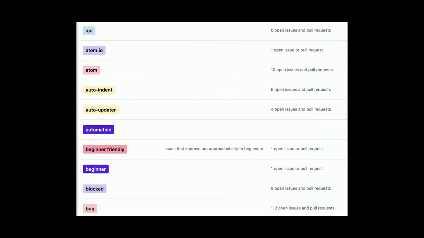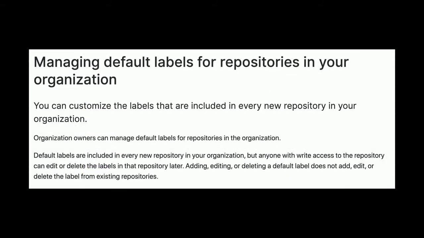And then speaking of labels, you're able to provide a GUI label to your individual issues and pull requests. It makes it easier for people to identify what that specific issue or pull request is related to, whether it's a release, or maybe it's a bug, or something for onboarding. It's different things. And then at the organization level at GitHub, you're able to define what those labels should be for every repository that's created within your organization.